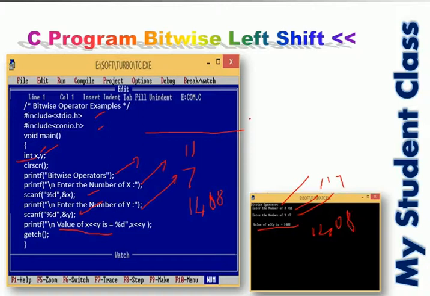So this program is very easy. We get values from a user, and we just compute the left shift through our program.